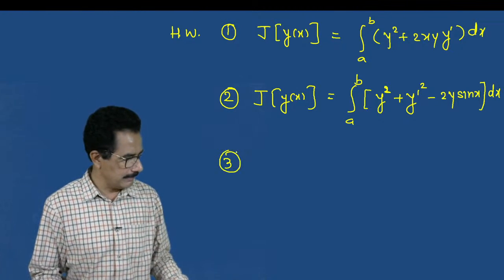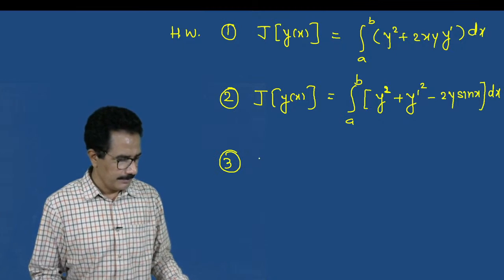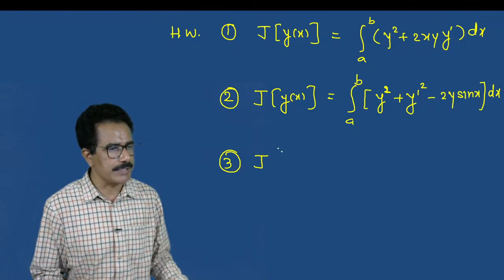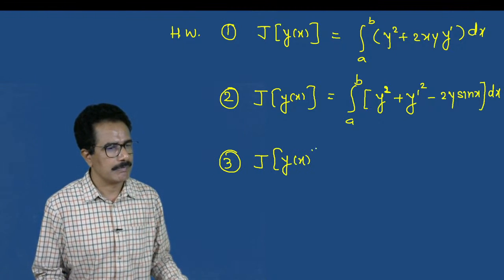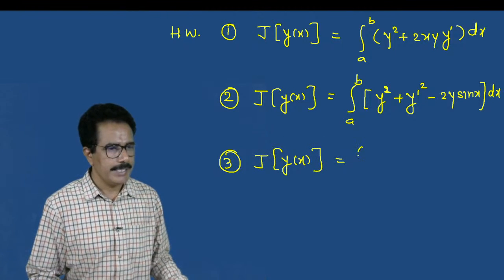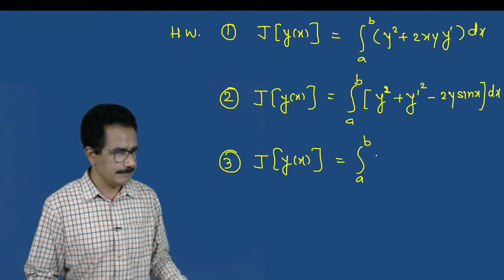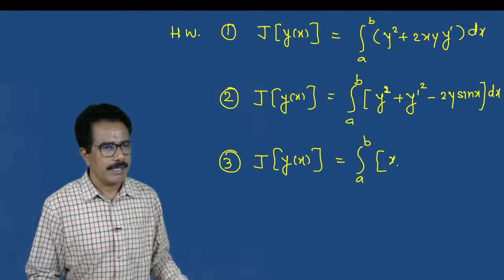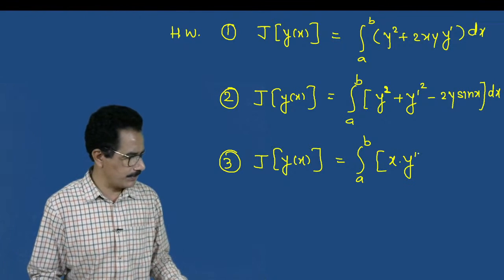Third, J of y of x is equal to integral from a to b of x into y dash square